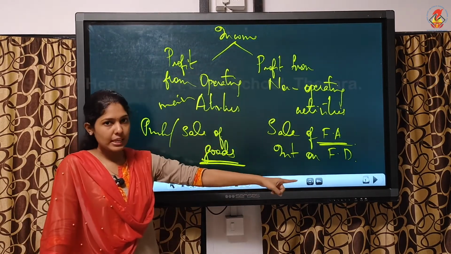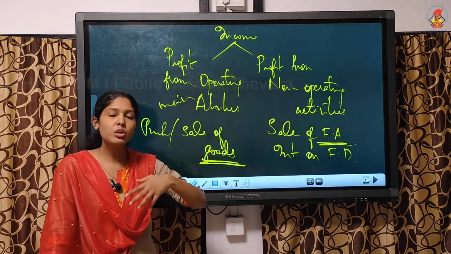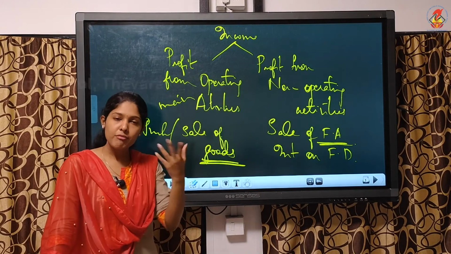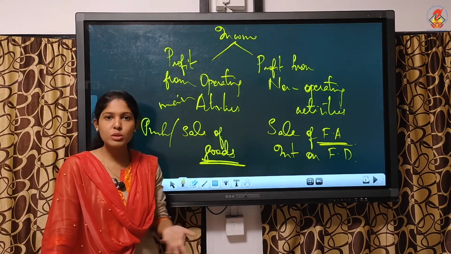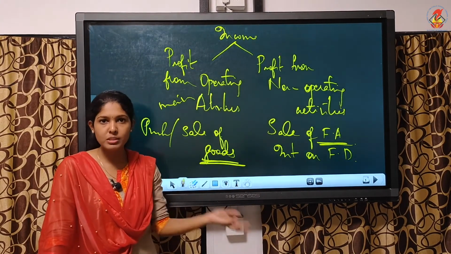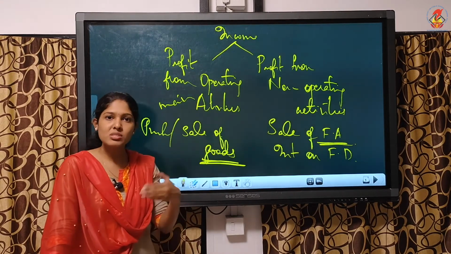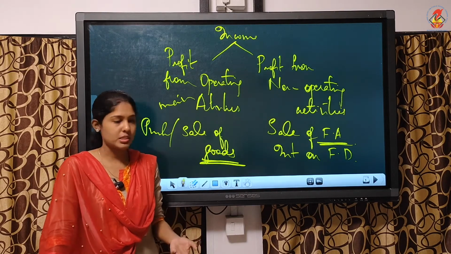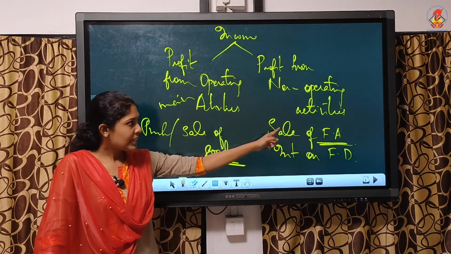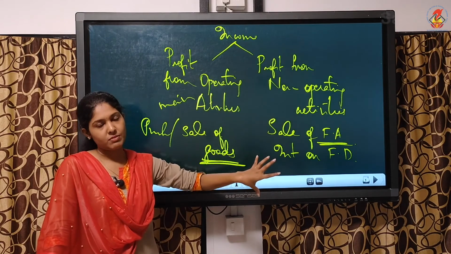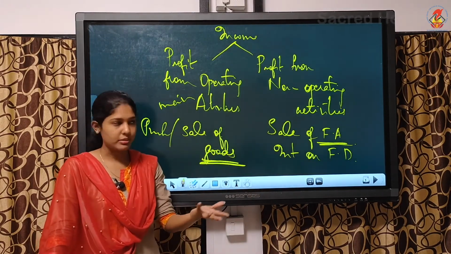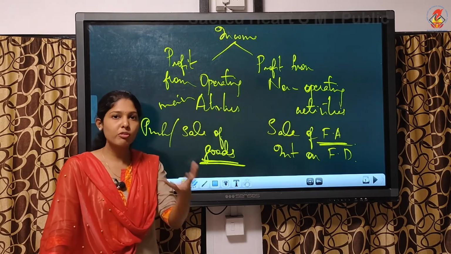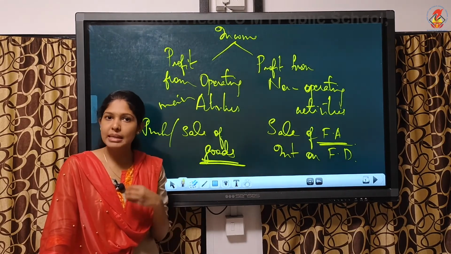Now, non-operating means sale of fixed assets. Are we going to sell a building every year or within a period of 1 year? Every month will you sell fixed assets? Will you sell a building? Will you go and sell land every month? No. Whereas goods will be sold every month, every day, because that's the main transaction of your business. So non-operating means which is not your main activity, but you will be getting income on that also, isn't it? When you sell a fixed asset, suppose you sold a land after using it for 5 years, you will be getting an income.